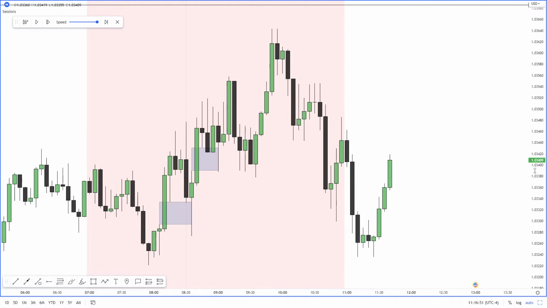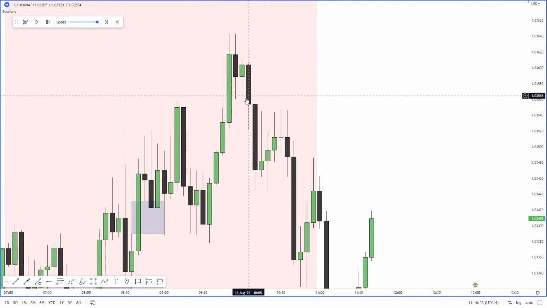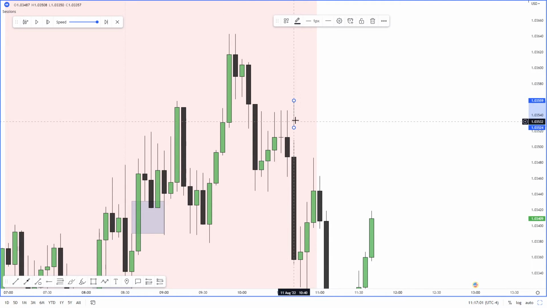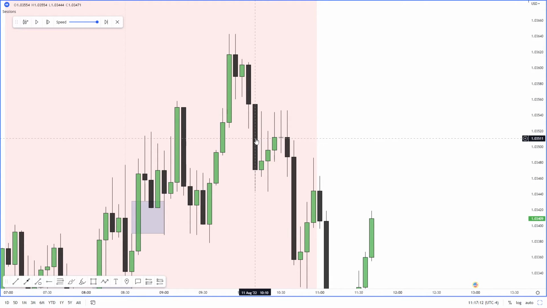We have an aggression lower, fair value gap here. Price doesn't trade into it. Does create liquidity though, because I was honestly interested to see if price would trade into this, taking the liquidity, mitigating the fair value gap, and then go completely lower. Right? That would have been great, honestly, because that would have been great. Right? That would have been great.